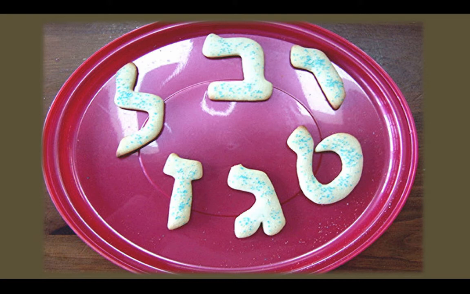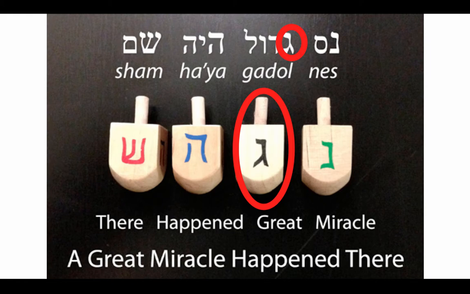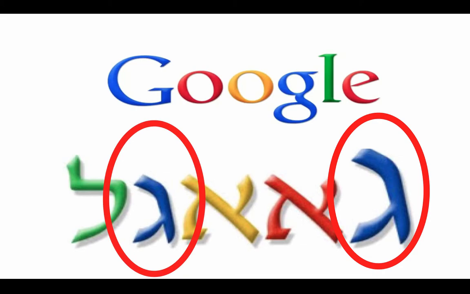Now, can you find the Gimel? Just pause. There it is. I know this could make you hungry. And find the Gimel. Of course, there's one in the picture. Do you see the one that's written? It's right there. So there you have two Gimels. And, of course, Google. So you know there's two Gimmels here. See if you can find them. You can pause. There's one. And there's the other. Google.